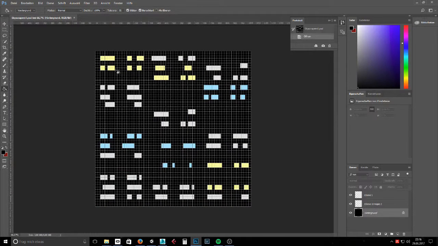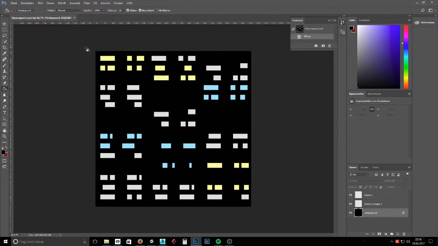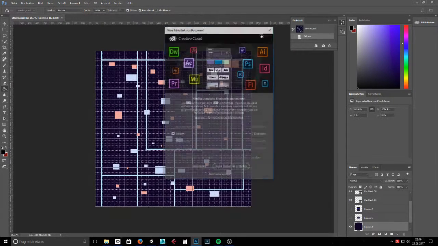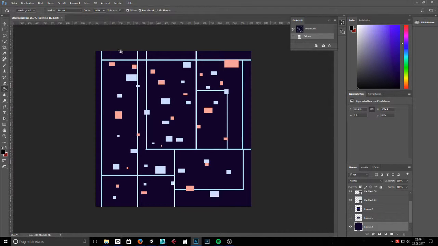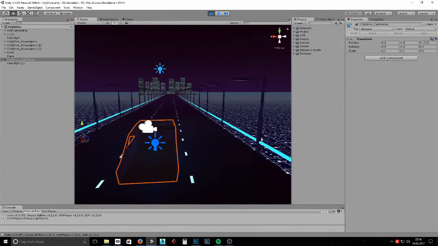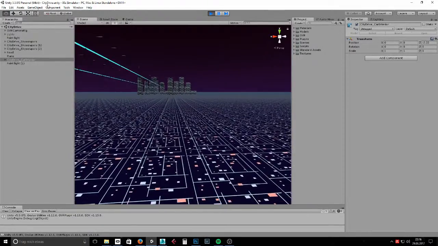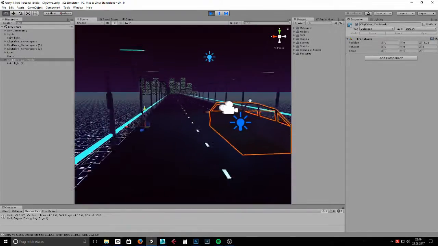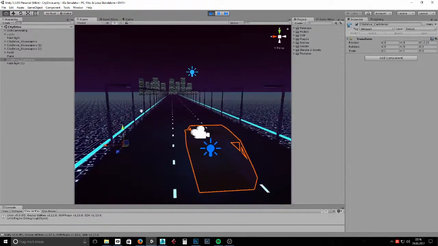For example, this here is the skyscraper texture. It's really simple. Obviously, this will be much more sophisticated if it becomes a real game. But right now for prototyping, it's totally alright. Or these are the streets. It's a really simple pattern, but actually I quite like it, it's really cool. It looks like a computer circuit or something down here. Yeah, and these other things like the lights are basically materials inside of Unity.